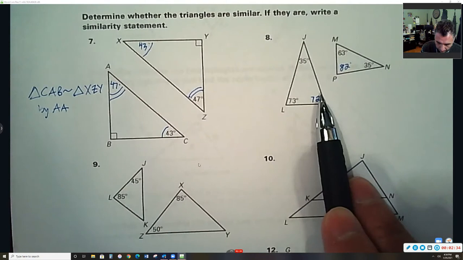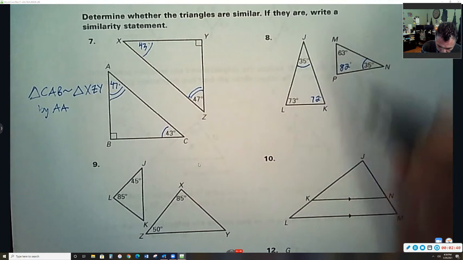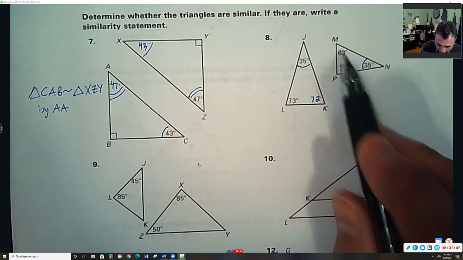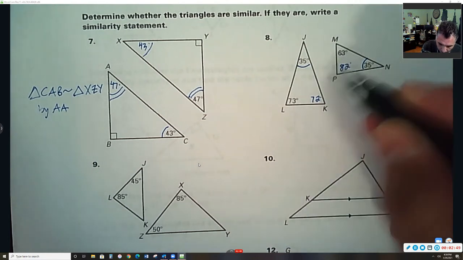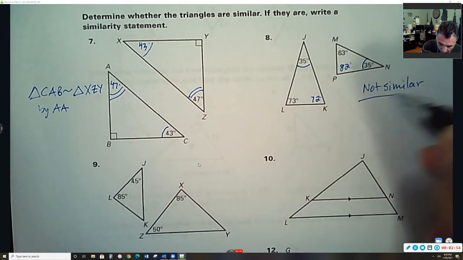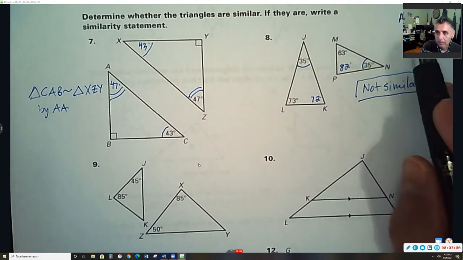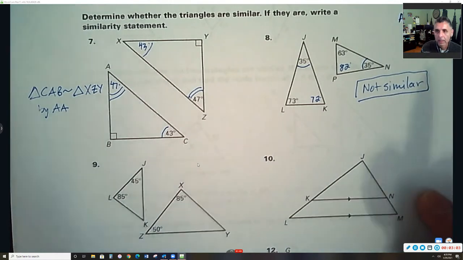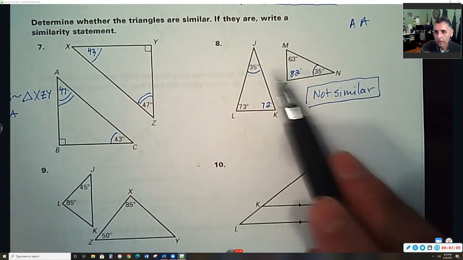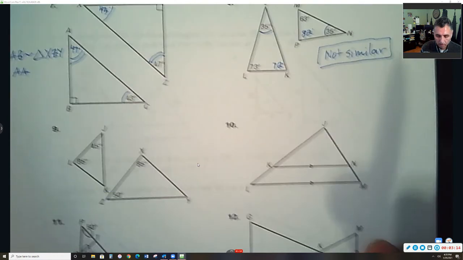So if we look at number 8, see we have this angle and this angle are congruent. But then over here we have 73, and then those are 73. And then over here we have 72, and then these are 72. So these 2 triangles are not similar. We have to at least be able to show 2 pairs of angles congruent. Oh, you can't see that because of my head. But you have to be able to show at least 2 pairs of angles congruent. See, we only had 1 pair. Over here we had 2 pair. Okay. So let's move on to